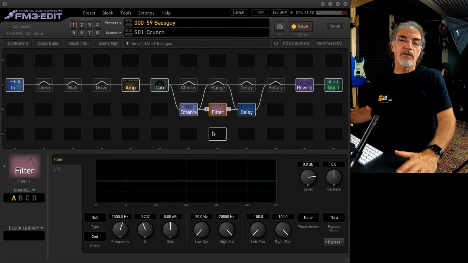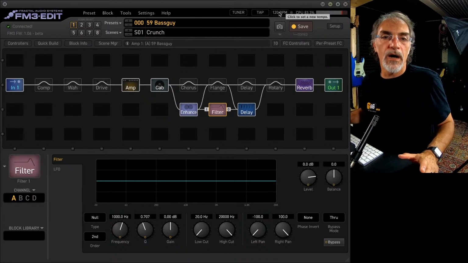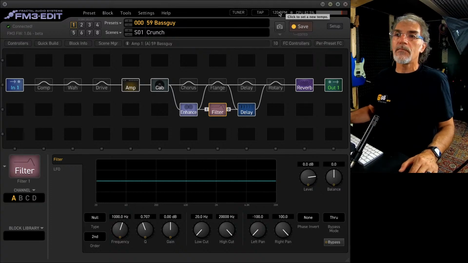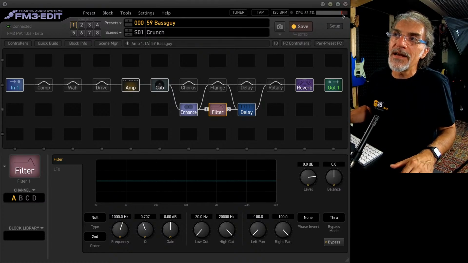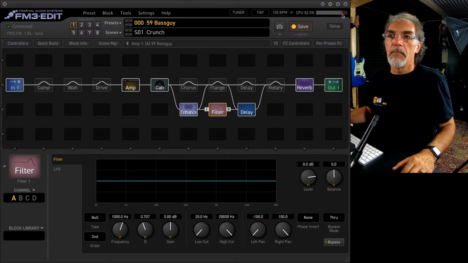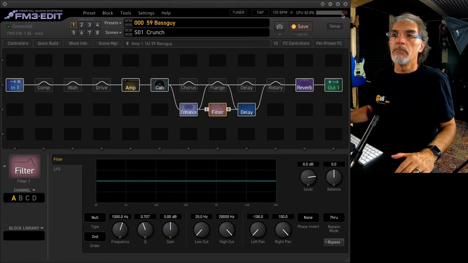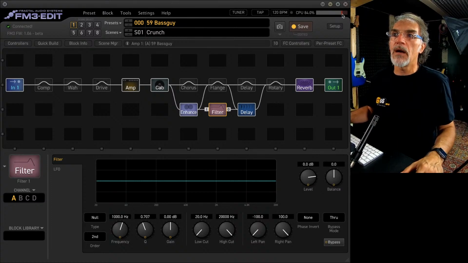There are, of course, some limits you have to take care of, because the CPU power is limited. Of course, you cannot do everything. You have to take care of this number. When this number goes to the red, you have to take care about how many effects to handle. But in most situations, and I will show you some real presets that I use in live situations, I'm absolutely under 80%, 70% of the CPU.